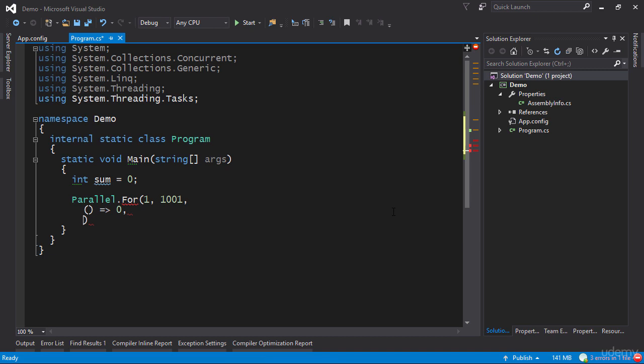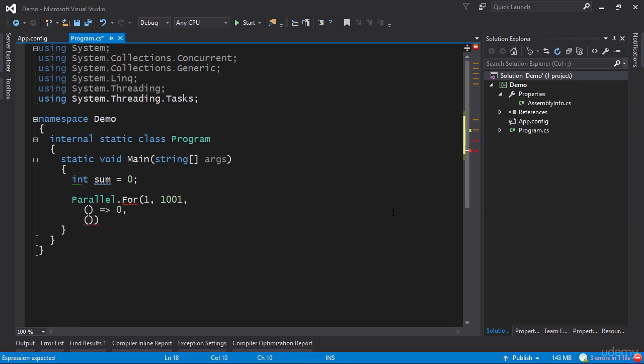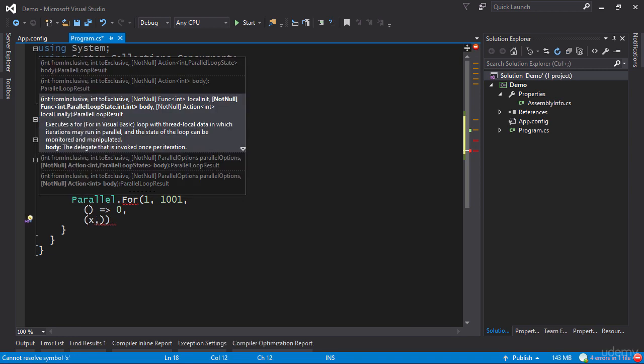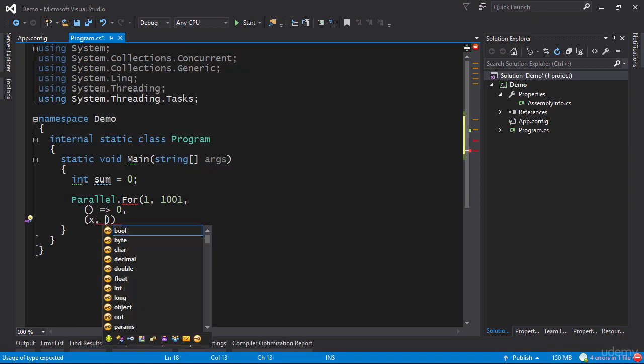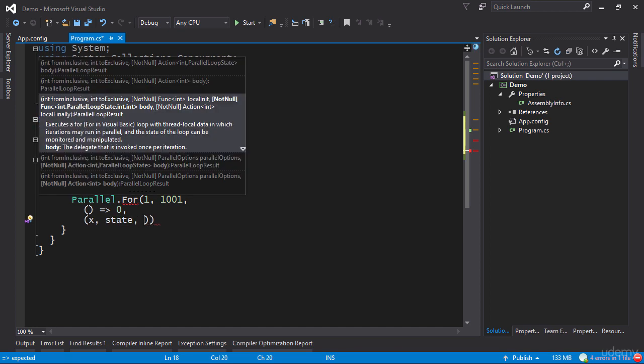Now, the next part is, of course, how you update whenever each of the threads executes. So the lambda for the update part is fairly complicated. Instead of taking just one argument, which is the counter, we now take a whole 3 arguments. So the first argument is, in fact, the counter. That's the value of x. Now, the second argument happens to be the state variable. That is the variable that is actually being used to show the state of the parallel execution. We cannot avoid having this variable even if we don't care about using it. And the final argument, and that's